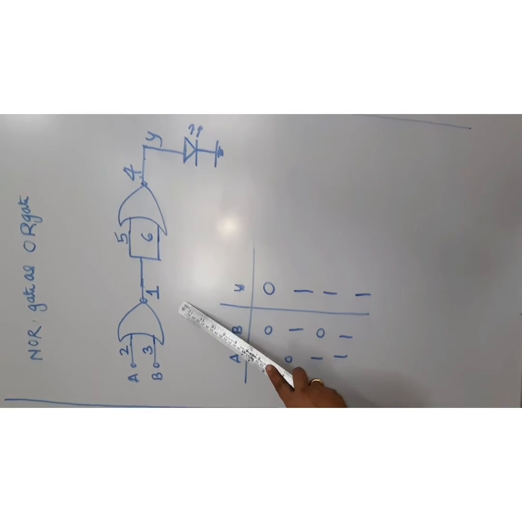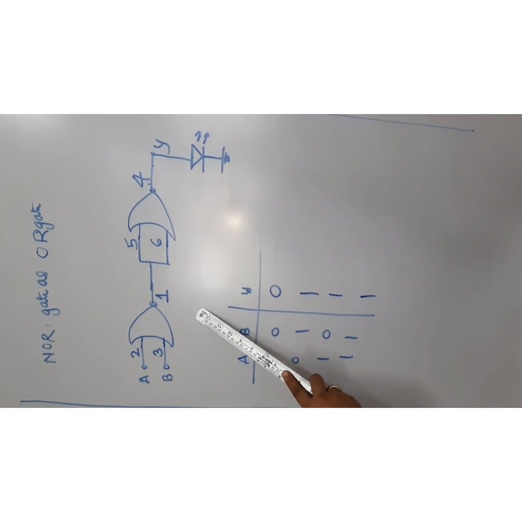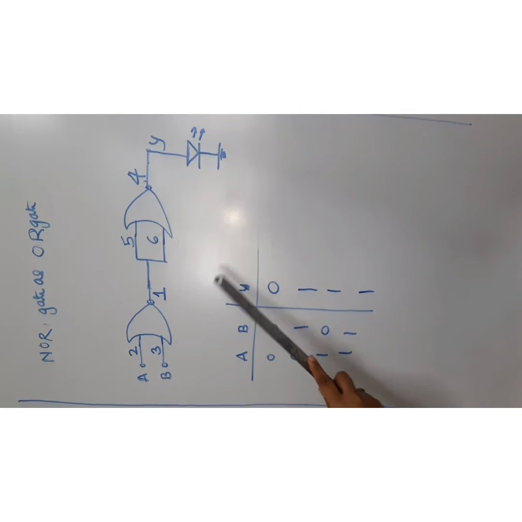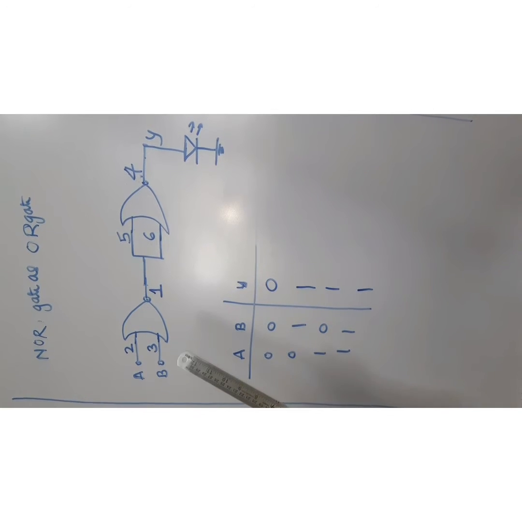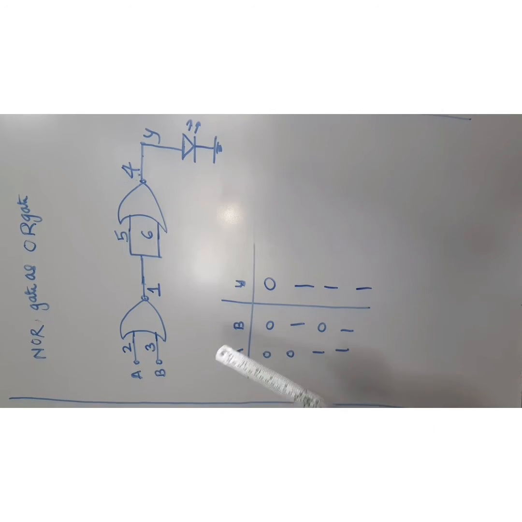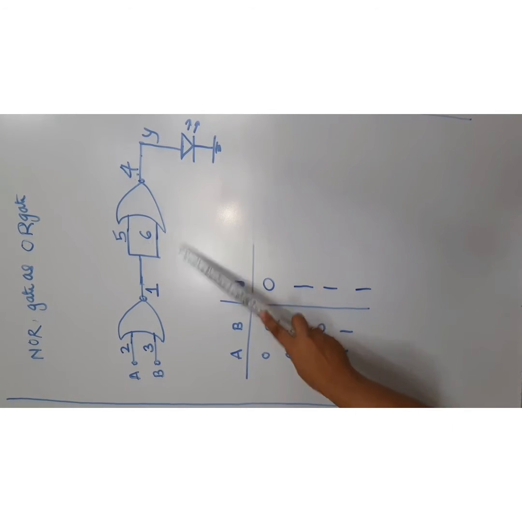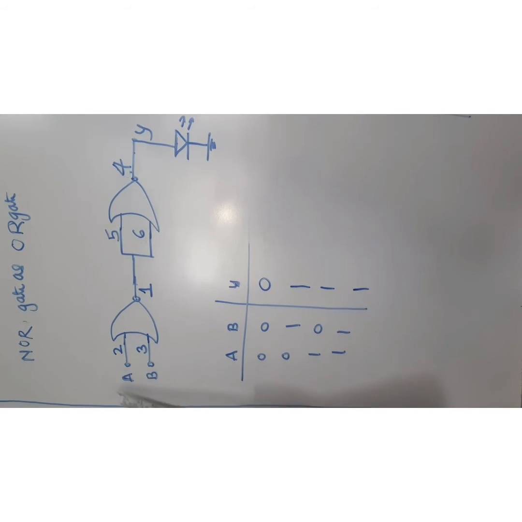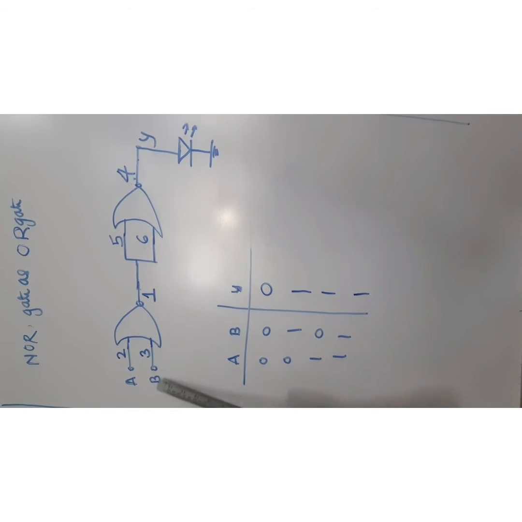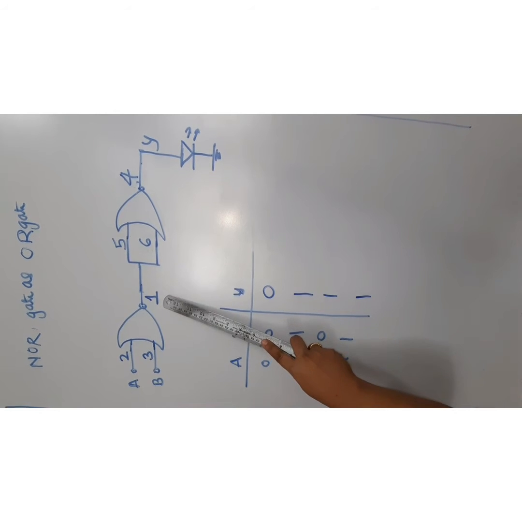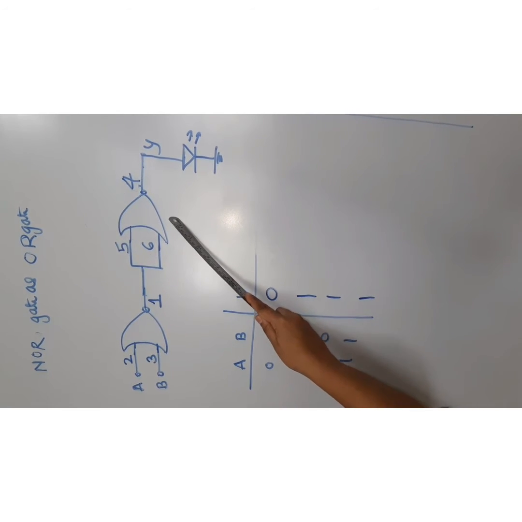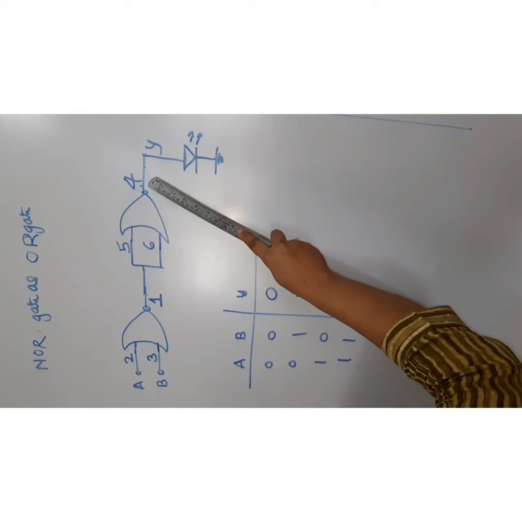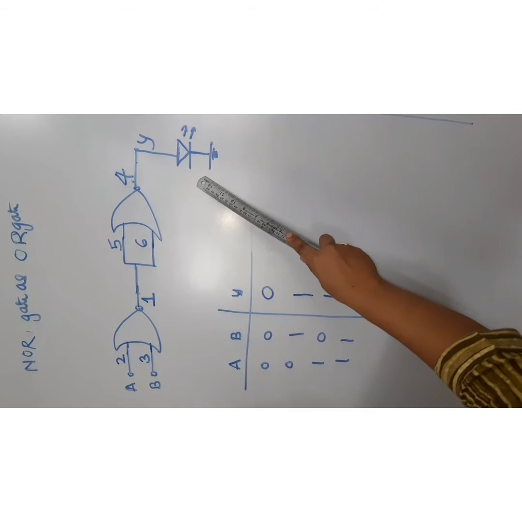The pin configuration of NOR gate as OR gate. So we are going to convert NOR gate into OR gate. So we need 2 NOR gates. In a single IC there are 4 NOR gates, out of that we are going to use 2 NOR gates. Now you can see pin number 2 will be the input, pin number 3 will be the input, pin number 1 will be connected to pin number 5 and 6 of the next NOR gate in the same IC, and pin number 4 is the output, and here we are going to connect the LED.